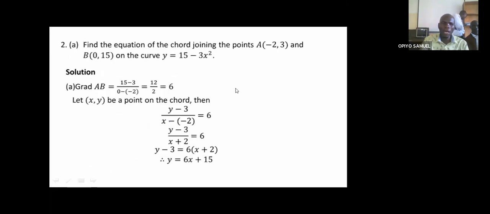And our number 2 is coming from geometry. Geometry, we are required to find the equation of the chord joining 2 points on a curve, and the coordinates of the points are given. Point A